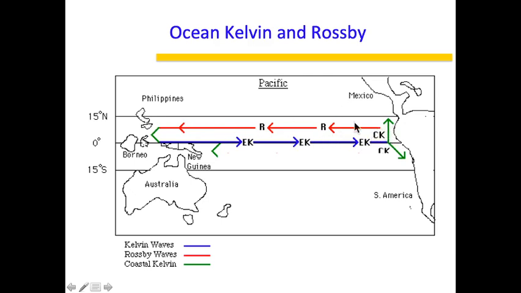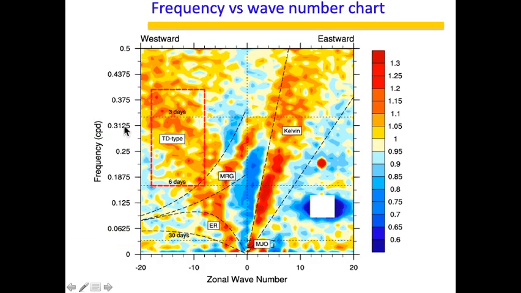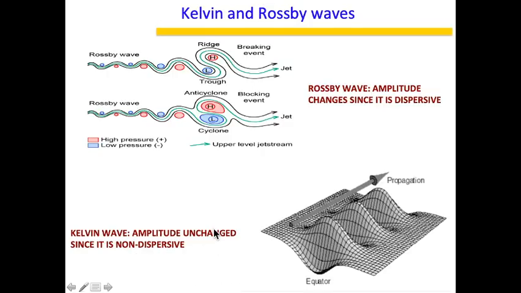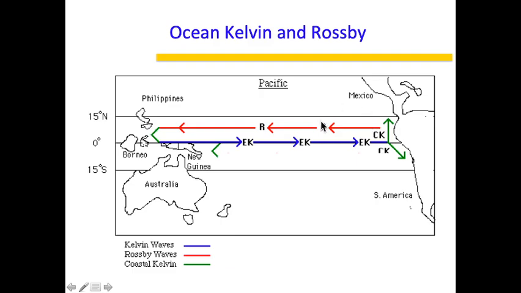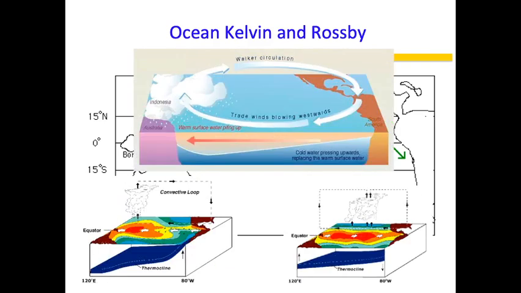That's why it moves from east to west. This we already saw here. This is the same Rossby wave I'm talking about here, and this is near the equator, obviously. So these are equatorial waves. Okay, so these two waves, Rossby and Kelvin, in the ocean merge together or combine together to give you the El Nino,